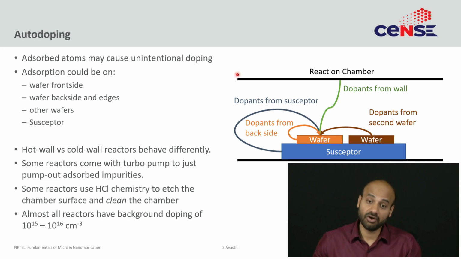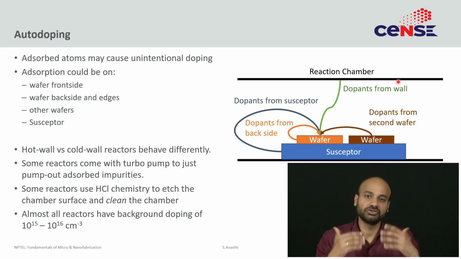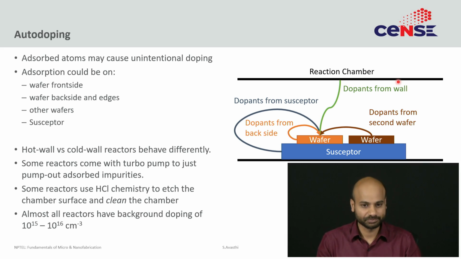Or maybe the chamber walls are coated with a high level of dopant, and that might come to your substrate. So, there is a history here, and that history is complicated, and that history depends upon what somebody did before you, what the reactor has been used historically. So it's almost impossible to grow undoped layers in CVD. Virtually every CVD reactor will have some background doping, and the process by which you get the background doping is called autodoping.